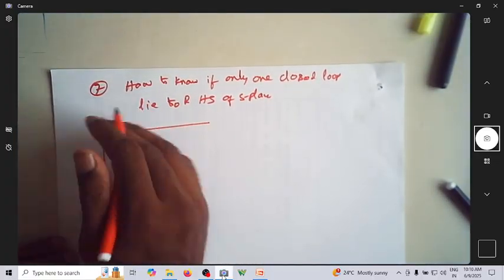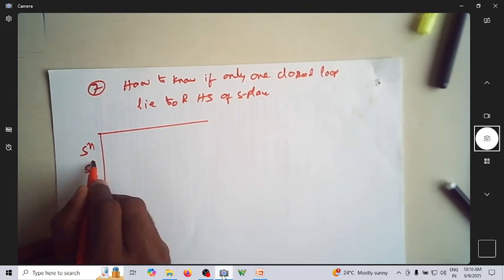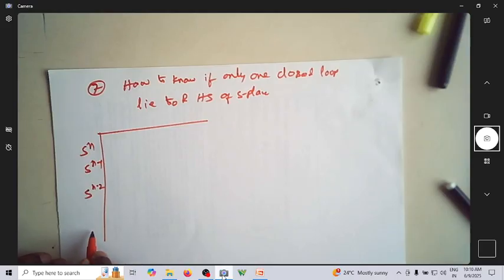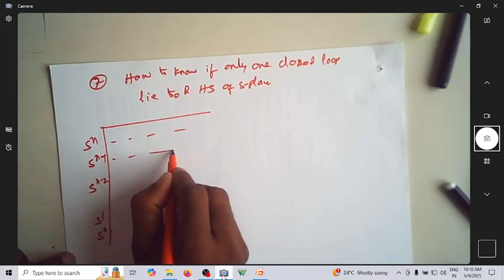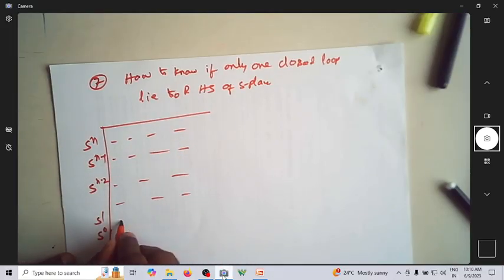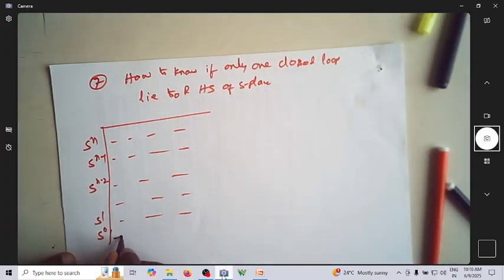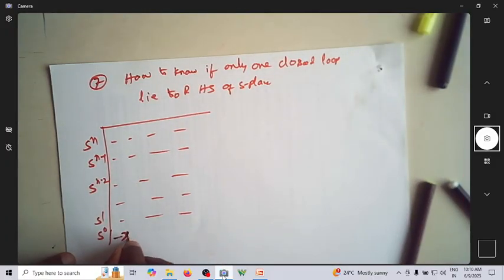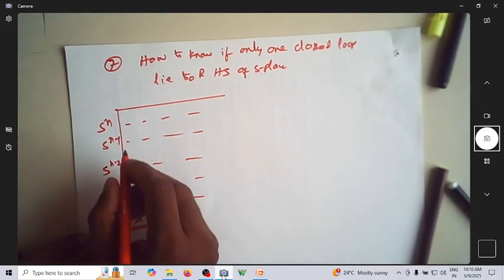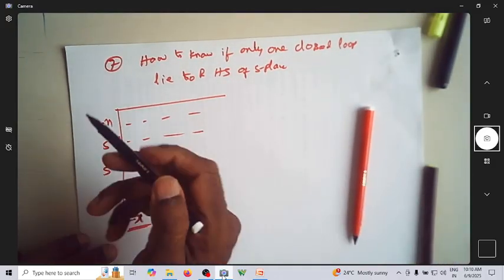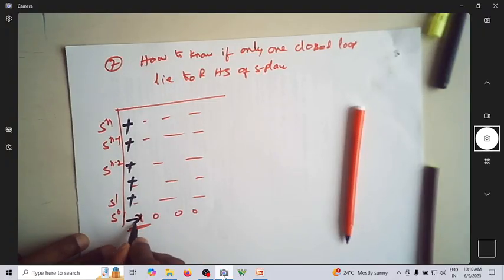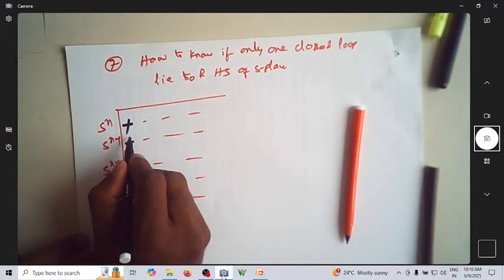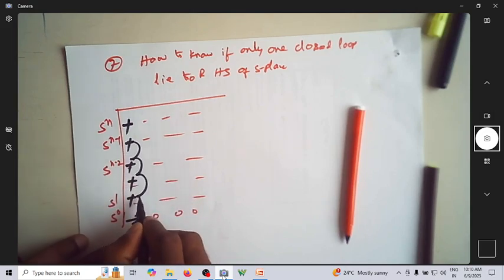You can assume that when you have a transfer function, you end up with s power n, s power n minus 1, s power n minus 2, and it goes like that, finally s power 0. So I'll start with these, filling these elements, and then continue here. Assume that the last element becomes something like minus x, and then 0 0 0. Assume that all these are positive, plus, plus, plus, all are plus except the last one. You can see no sign change, no sign change, no sign change, no sign change, only one sign